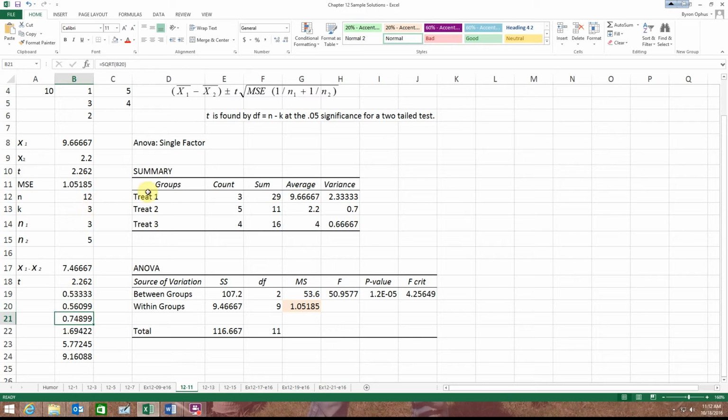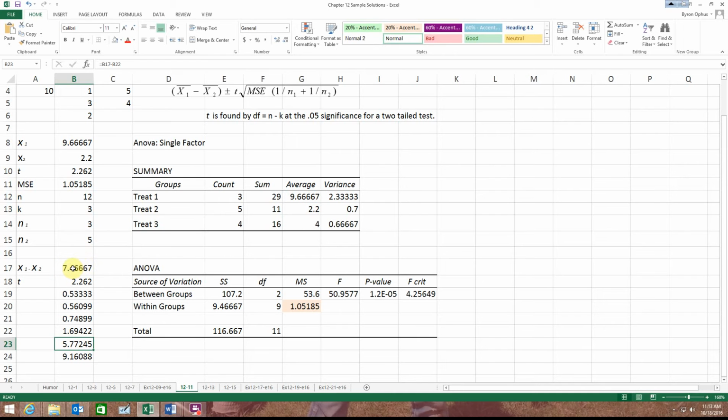And then I multiply that, right here, by my mean square of the error. So I multiply this one by this, my MSE times what was inside the parentheses. So I get that. And then I have to take the square root of that, right? I can use the square root function. You guys have seen me do that before. And then it's t times that, so my t value is there. So what I've come up with then is my x1 minus x2, which is this